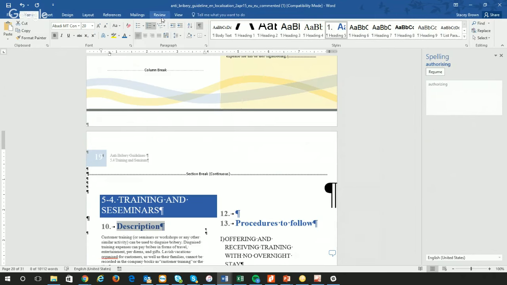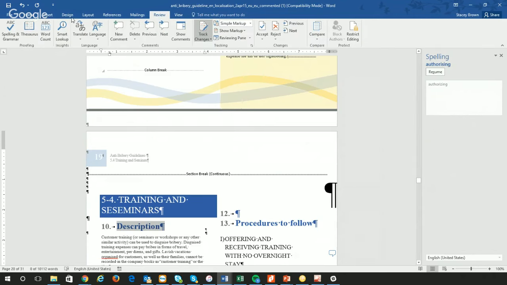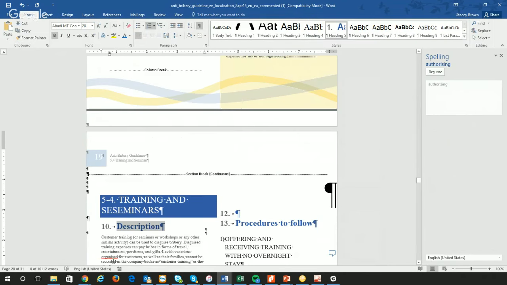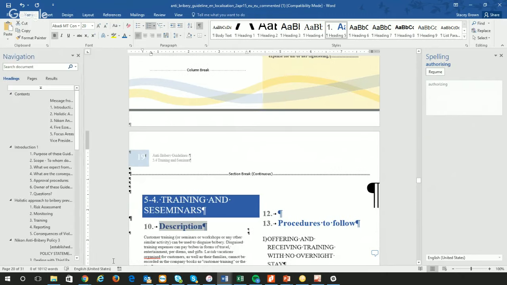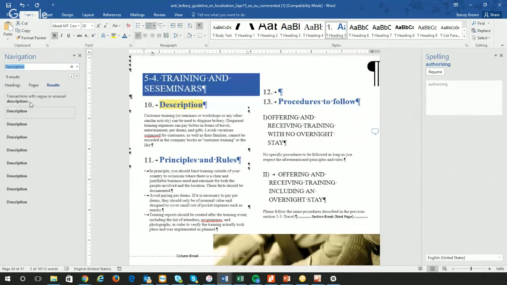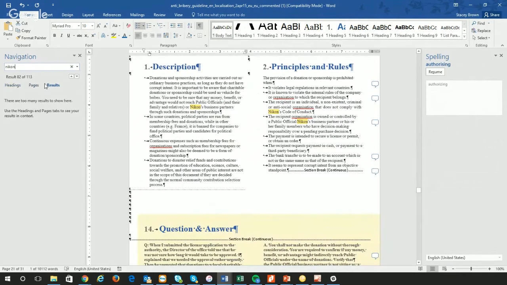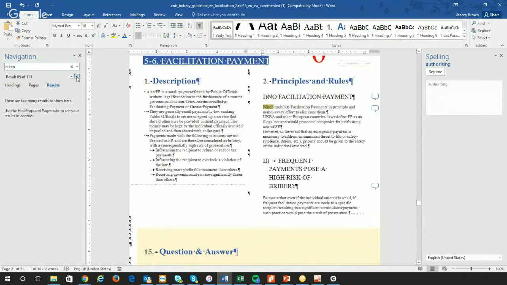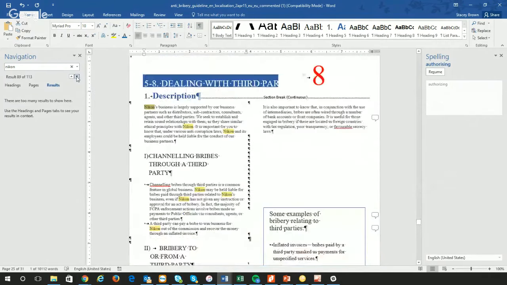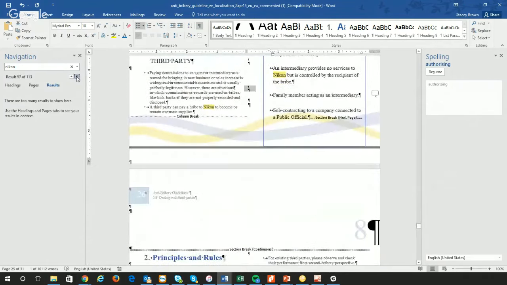But a couple other things, just as little reminders, using search and replace is really important. And I just do the Control F, which will get you here. And this is cool because you can go through and check all of the product names. So say, I think this is a Nikon document. So I can click on that and see all the results and go through one by one and make sure it is proper. And so it's kind of a cool way to check specific things throughout the document.